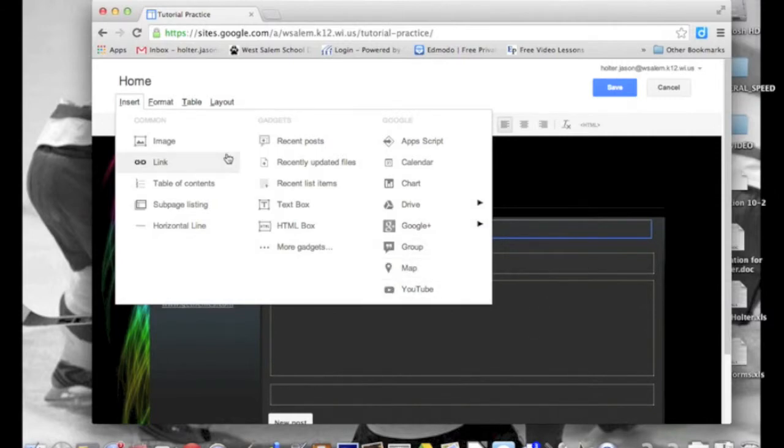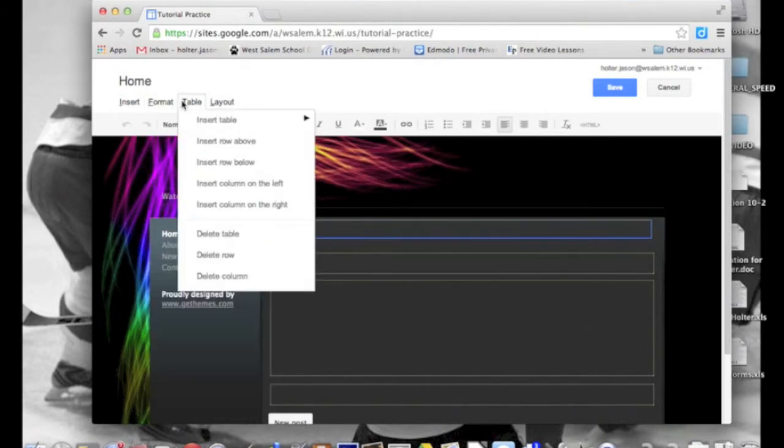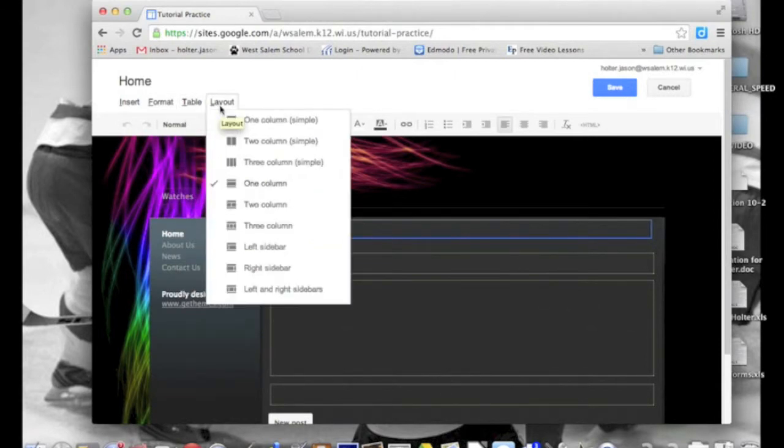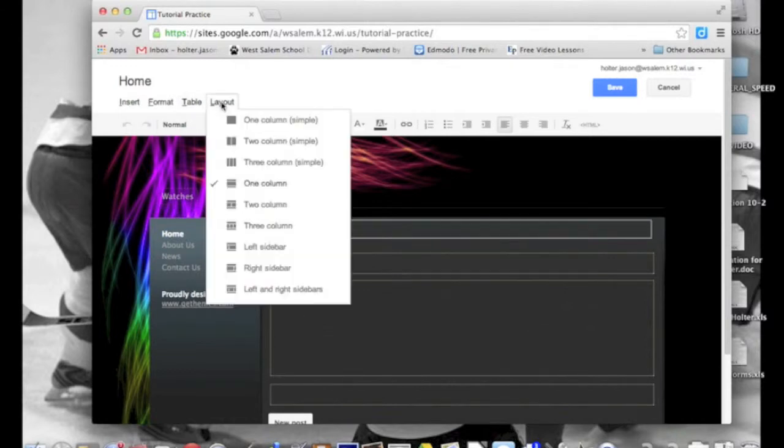So anything you're going to put into this page you can do from insert. Format can change the alignment that you have, any headings you want to put in there. If you want to put in a table, you can also do that. You can also change how your paragraphs look with the layout, and what it means by that is you could